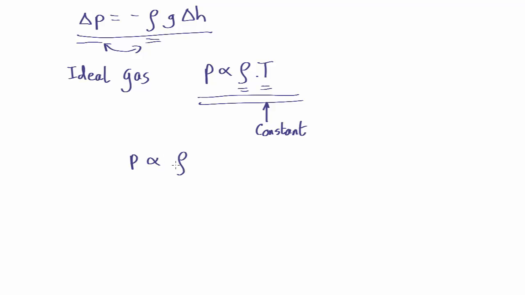to the density. And whenever you have something proportional to something else, you can change it into an equal sign by saying pressure equals some unknown constant, I'm going to call it C, times the density. What is C? Well, you can work it out from the ideal gas equations, but also whenever you have something like this and you want to work out what the constant is, the easiest way is just to take a known example. Our known example is at the Earth's surface.